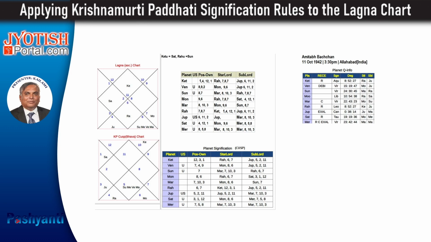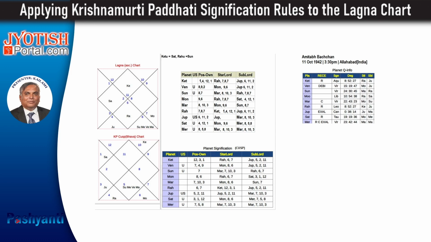Now, the whole idea about creating this video was that sometimes we get these birth charts where the time of birth is way off. It could be 30 minutes either way, and that is very frustrating for any astrologer. It doesn't matter whether you are following Parashari or Krishnamurti Paddhati. When the time of birth is way off, then the BTR method, the birth time rectification method, is not very helpful. Let me be very honest with you. Even in Krishnamurti Paddhati, it's not helpful at all.